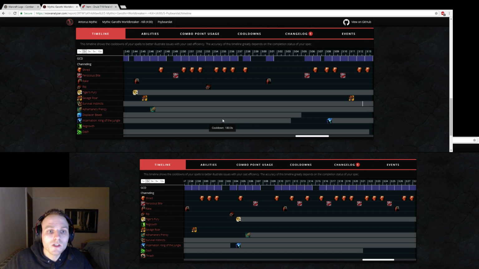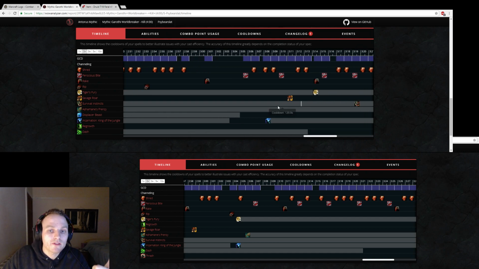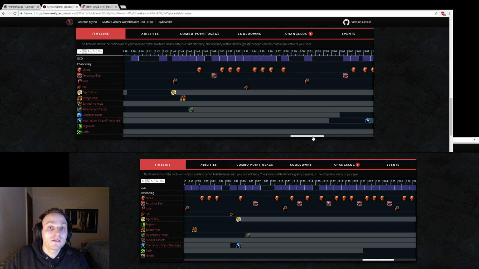So if we look at this section here for 2 minutes 45, this is me here, and I use Tiger's Fury, Savage Roar, and then Ashamane's. So I don't have Ashamane's back up for Incarnate. I didn't save it for Incarnation, so I didn't have the multiplicative effect. In fact, I don't have Tiger's Fury until about what, like 6, 7 seconds after I use Incarnate, which is